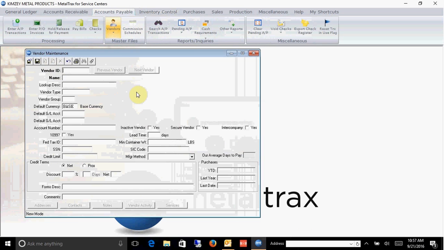You can type in a vendor ID that can be numeric or alphanumeric, or you can have the system assign it. In this session, I will be doing two vendors. The first vendor I'm going to set up is Metal Man. So I could do Metal and I could do Man, or I could do Metal M001 or whatever I want. In this case, I'll do it so it's a little intuitive. Metal Man. The name is going to be Metal Man